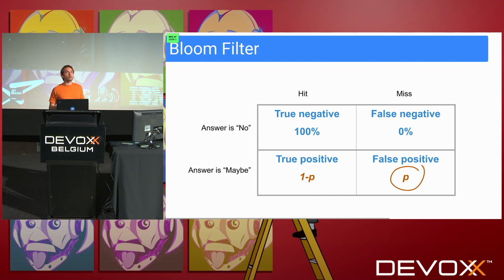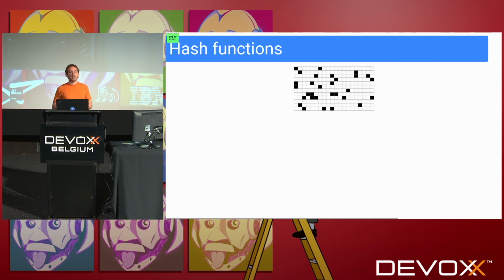P is not a constant though. It tends to increase when elements are added to the set. In the bit set, we only flip some bits to 1 over time, never back to 0. In this picture, the blank white cells are zeros arbitrarily, and the black cells are 1. So what we are doing, it's like with a pencil, we just check some boxes. Adding one element effectively sets some bits to value 1.